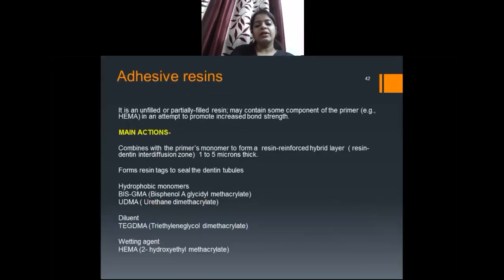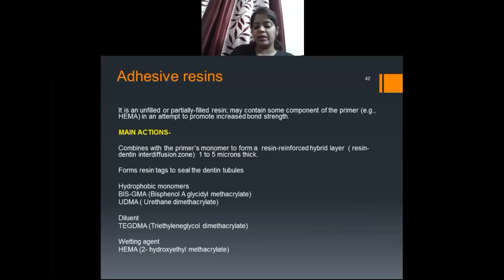Adhesive resin. It is an unfilled or a partially filled resin and may contain some components of the primer in an attempt to promote increased bond strength. Main actions are: it combines with the primer's monomer to form a resin reinforced hybrid layer that is 1 to 5 micron thick. It forms a resin tag to seal the dentinal tubule. The examples are hydrophobic monomers such as Bis-GMA and UDMA, a diluent like triethylene glycol dimethacrylate, and a wetting agent